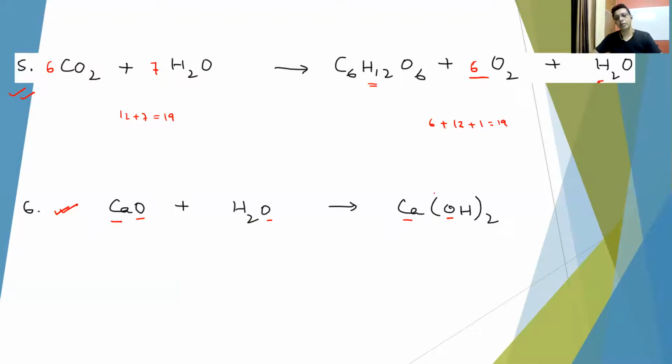Now, I think you have understood why I have taken oxygen 2 and hydrogen 2. If you write AB2, this means 1 A and 2 B. But if you write A, B, and 2 outside the bracket, this means 2 A and 2 B. So here when you write (OH)2, this will mean 2 oxygen and 2 hydrogen.